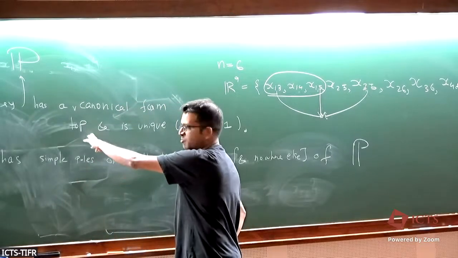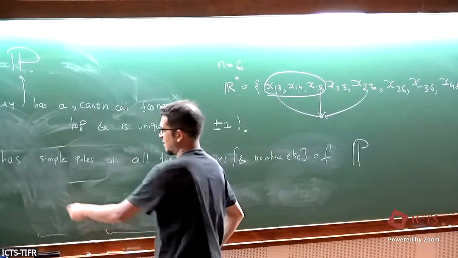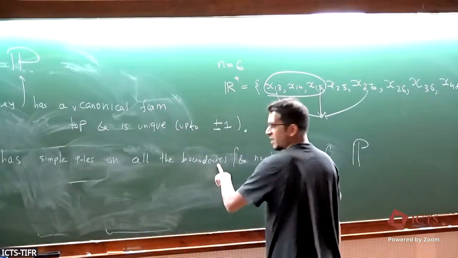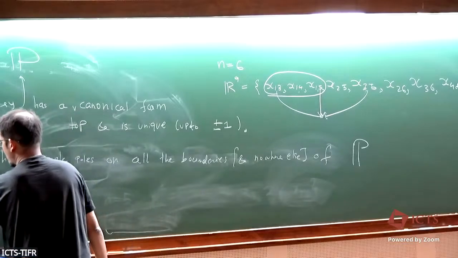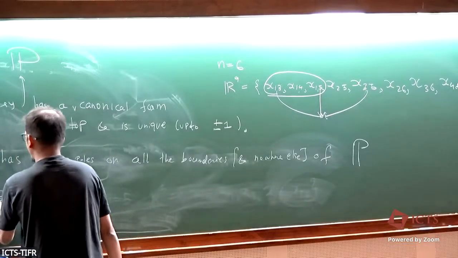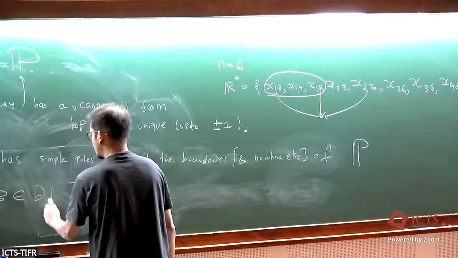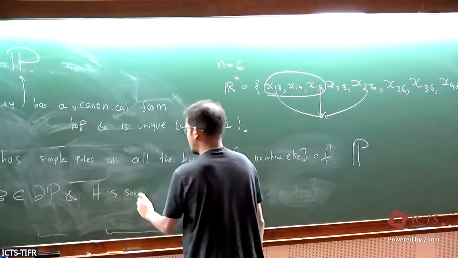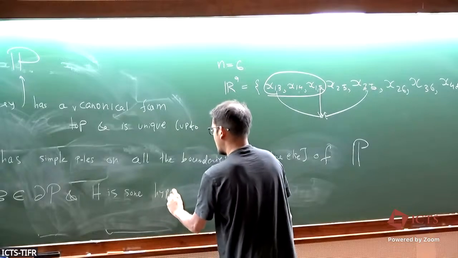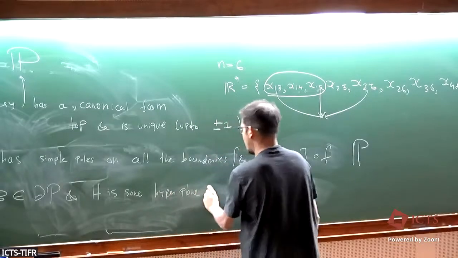The form has the same dimension as the dimension of the geometry, and it has simple poles on all the boundaries and only on the boundaries. The way to compute residues is the following. If B is a boundary of P and H is some hyperplane in